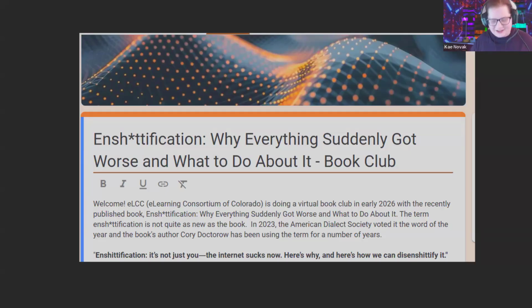So the book talks about all these things that used to be good, that we liked, that were on the internet, they were great platforms. Why do they suck now? And what is the process of platform decay that happens? We have to think about that when it comes to these AIs. Are the AIs going to be the same thing? I'm about a third through the book, and the big thing is that this is a relatively recent phenomenon. Cory Doctorow says that we have entered a new era, the bleepocene era,